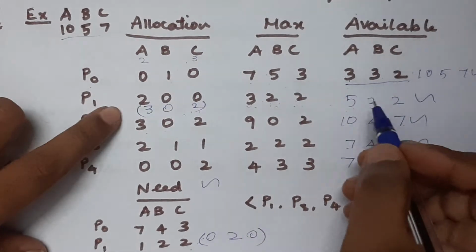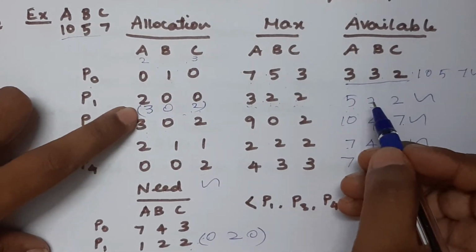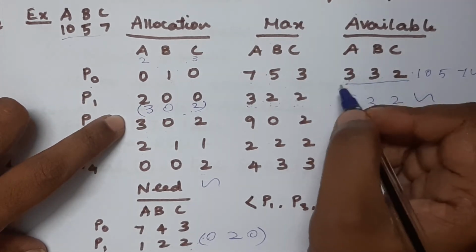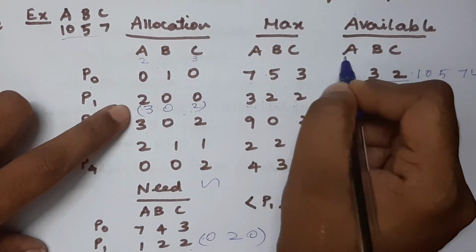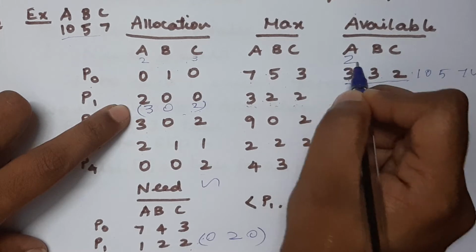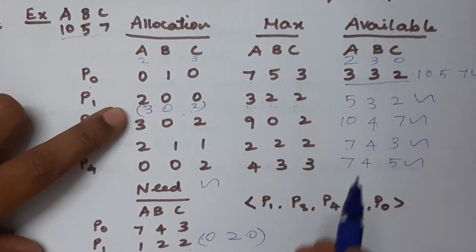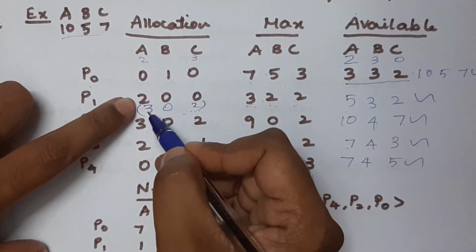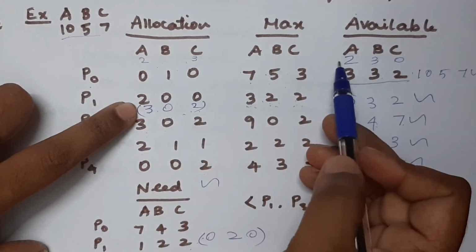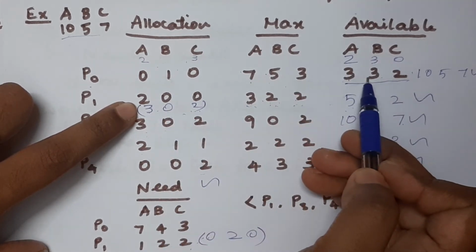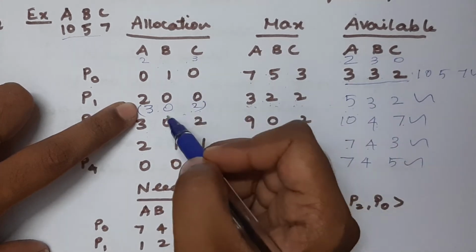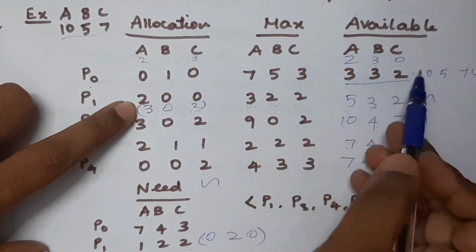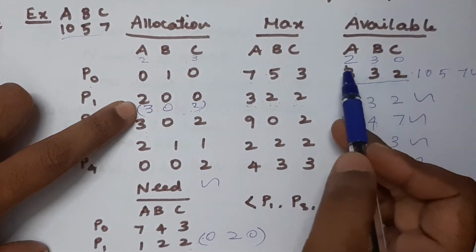Okay. And now, if you allocated these 302 values for the P1 process, your availability value will also be changed. What is the availability value? That is 230. So this is what you will be getting, 230 after the allocation of this 302, because we have allocated one more resource of type A, so it will become 2, and we have allocated 3, right. I mean we have not allocated anything, so it will remain the same value, and we have allocated 2 of resource type C, so it will become 0. So now the availability is 230.